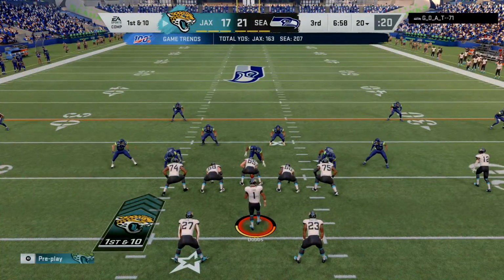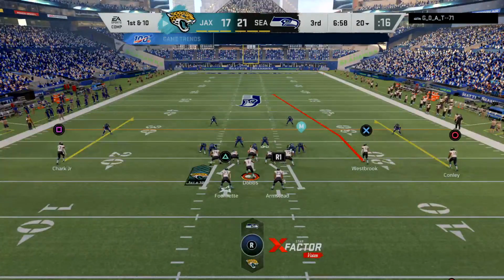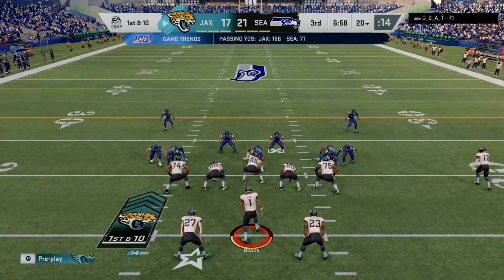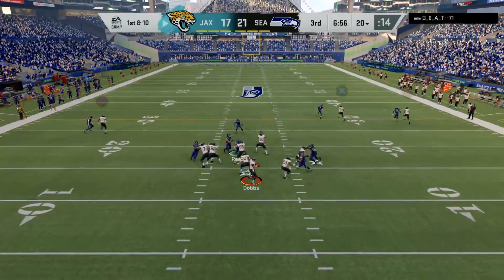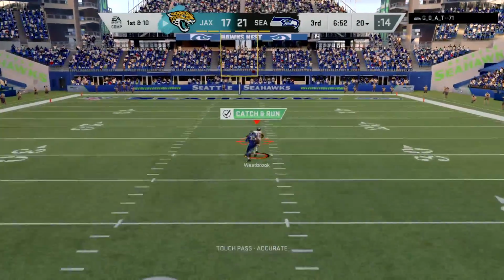Jaguars come to the line to start their next drive. They're down here, but very much in this game. What's the tonality of a coach's talk when a game is within striking distance like this at intermission? Typically, what they're doing is emphasizing the things that went well in the...